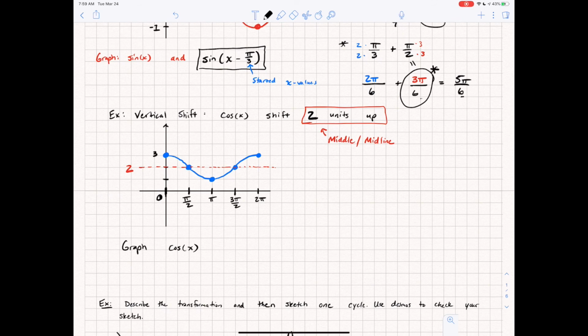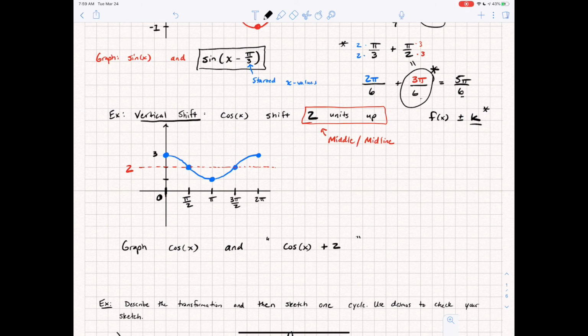Well, how do we go through and write this in, right? What function do I type in? Well, recall that if we're doing a vertical shift for functions, that means I'm going to take my original function and add or subtract on the outside of that function. The k represents the vertical shift. So in this kind of problem, I would type in cosine of x and then I would add 2 on the outside